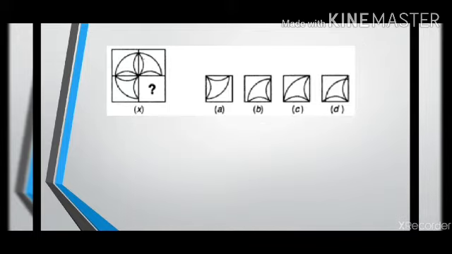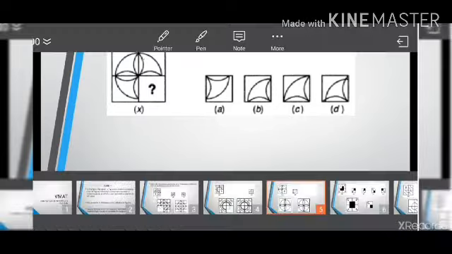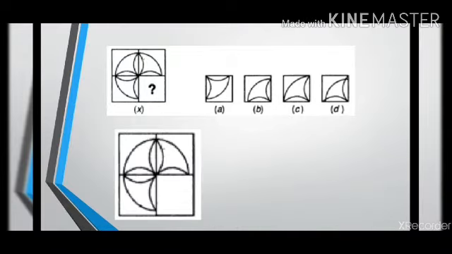In the next question, you can see in the figure X a pattern is being followed wherein a flower can be seen. These small leaves are there. These leaves can be completed to make a pattern. Also there is a bigger circle in the box. Again the full pattern, the box is divided into four smaller squares.